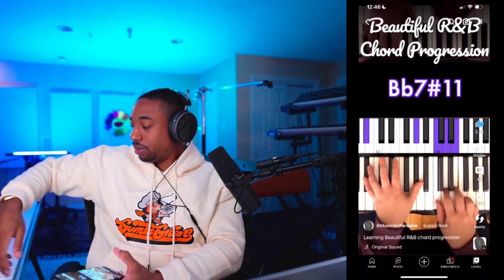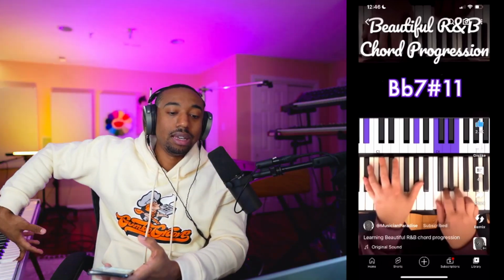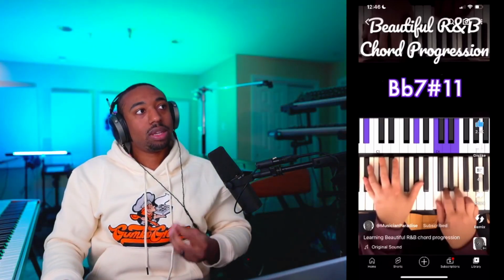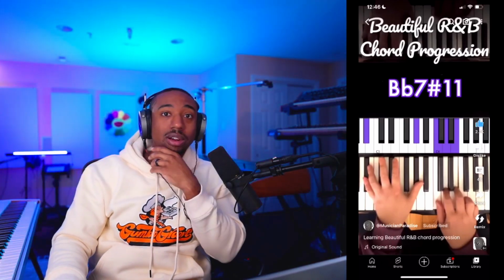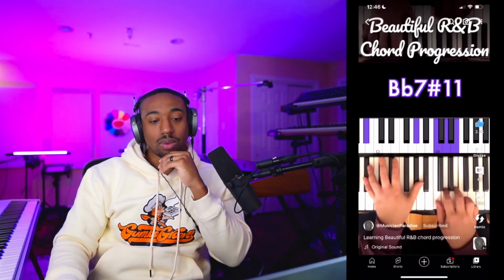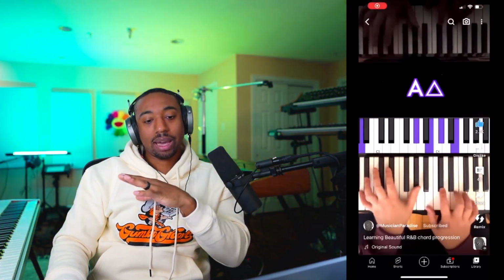And technically you can raise this B flat 7 up 6 semitones. And that would make it, what is that? B flat 7. So 1, 2, 3, 4, 5, 6. That would make it E, which is going to be the dominant chord for A. So in jazz and R&B, you have a lot of dominant to tonic resolution. So it's dominant, tonic, dominant, tonic. I used to overlook the dominant chord all the time. I was like, who uses it? Who cares? But now I understand how powerful it is. So I don't want you guys to overlook the dominant chords. So it's dominant chord, tritone substitution back into A.